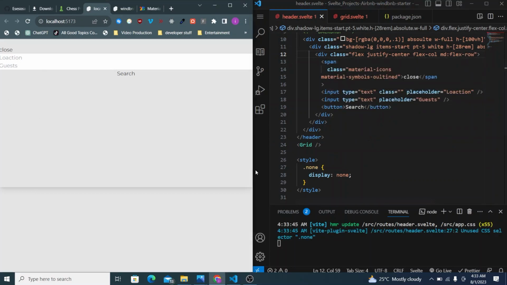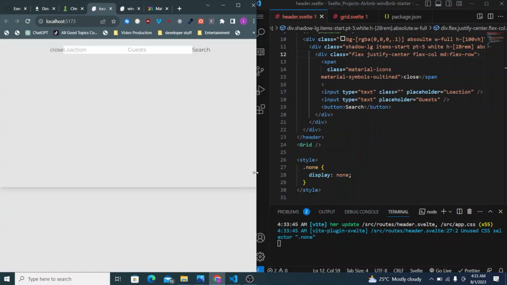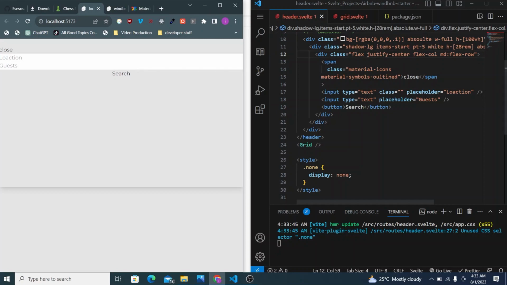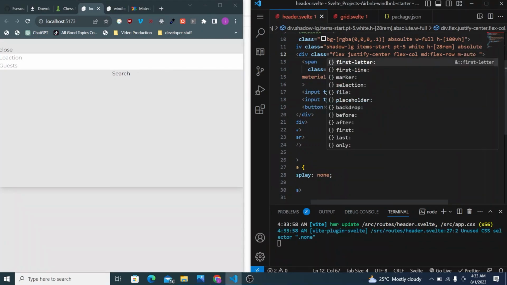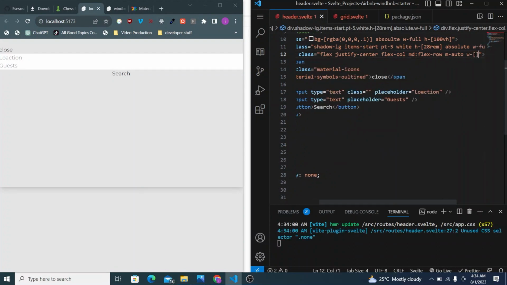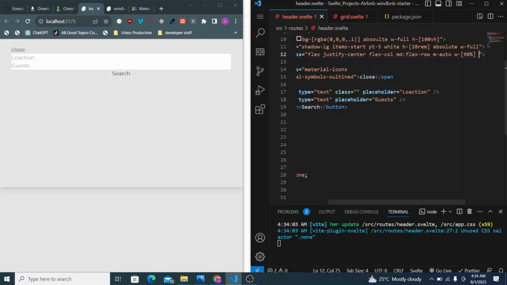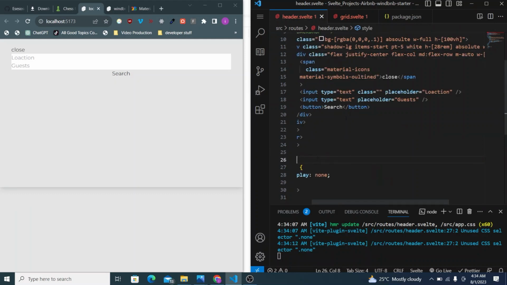So if we go beyond a certain breakpoint, it's going to turn into a row, and that's how we want it to be. mx-auto to center it, and what accompanies that is a width of 90% and a pb of 3. So a padding bottom to essentially give it some space from the bottom. Alright,